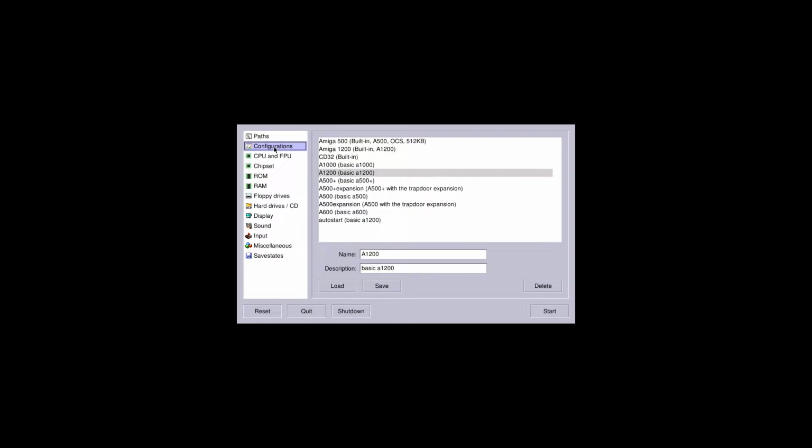The next thing we're going to do is go up to ROM, and then for our main ROM file, we're going to browse, go up, and then in Kickstarts we're going to select this Kickstart 3.1 ROM. This is what actually bootstraps the machine to start booting its hard drive file. Once this is done, we can go back to configurations, and we're going to save this as our own custom configuration so we don't have to make these changes every single time. So I'm just going to type in Workbench 3.1 and click save. And then we're going to click start, and that's going to begin the OS installation process.